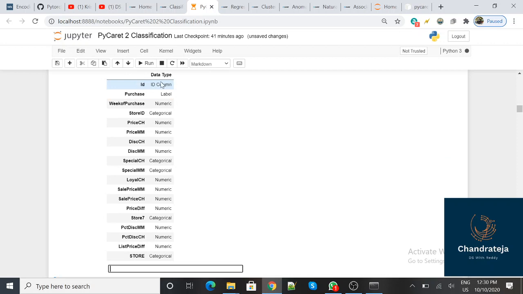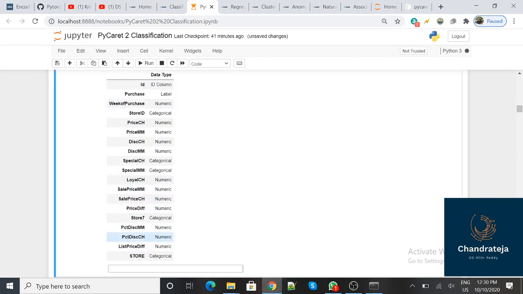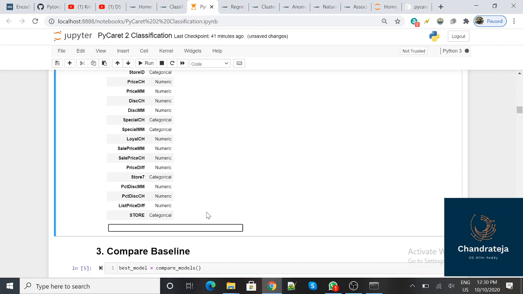It will give the variables and the data types of the variables. Check this: the label means it's your target variable. If there is any mismatch between a particular variable and its data type, then you can give it here, and simply type n and enter, and then you need to give it manually. For example, if the variable is int but PyCaret has inferred categorical, then you need to give it manually.